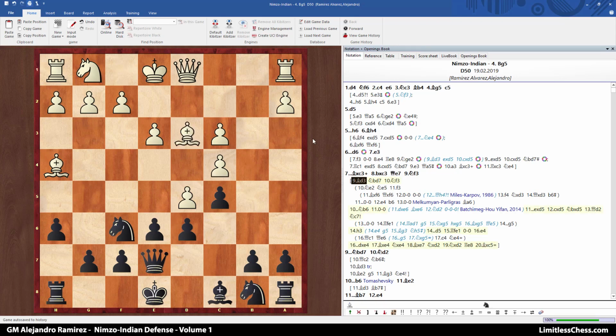Bishop d3 immediately takes control over the e4 square and allows this knight the flexibility to either go to e2 and g3 or to go to f3 directly, depending on the reply from black. Now we're going to keep ourselves flexible as well. We're going to play knight b to d7. And here, knight e2 was the move that had presented more problems for black, but I think it's no longer